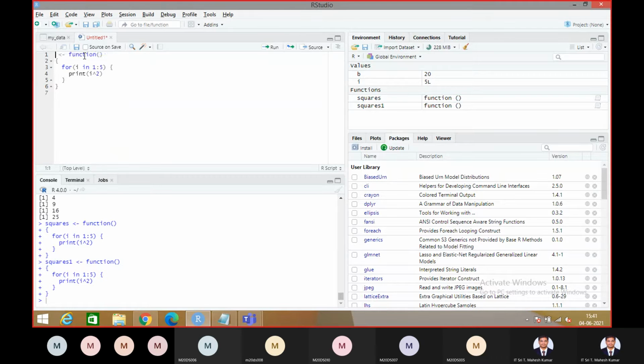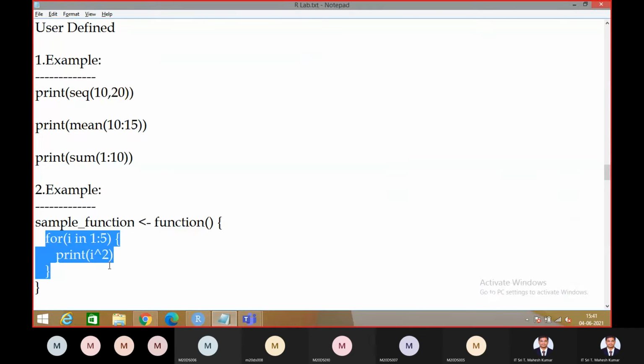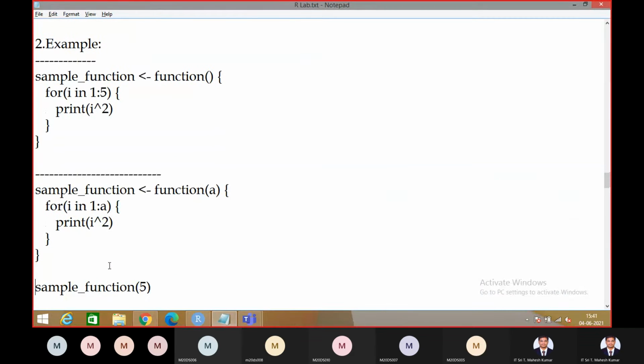In order to send some values, some arguments, right? See here. So this is normal. Like this, we can also send some arguments, right? In this example, the function name is sample function. I'm sending a as an argument.